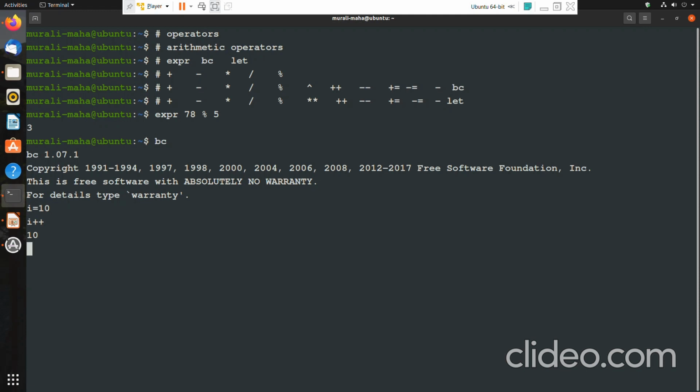Okay, now if I try to display i, it becomes 11. So it supports these operators. Then quit will quit it. And if you want to work with bc non-interactively,